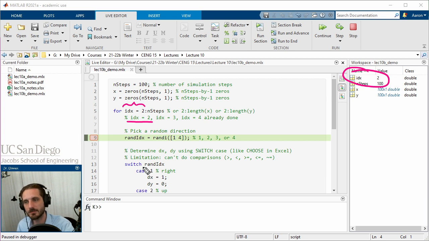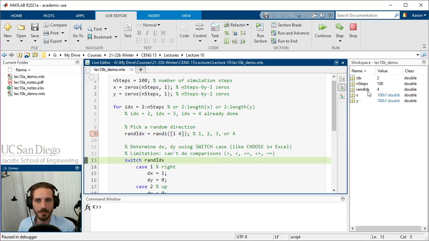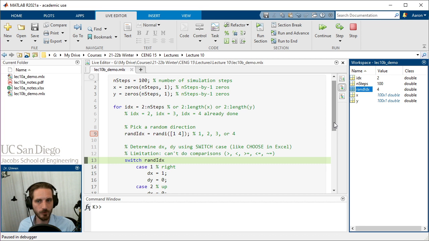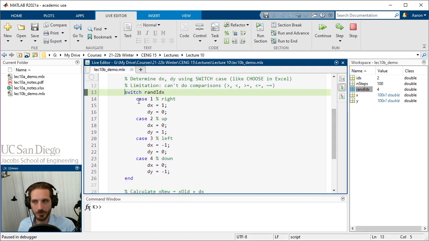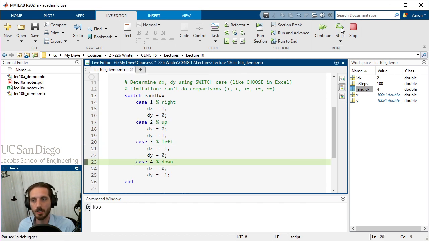And with this debugger enabled, we can now step through and watch each step of our calculation. So if I click step here, I get a random number, and we got a 4. And we can see now how the switch case handles the 4. The first thing that it's going to do is say, is this case 1? No, because it's not a 1, so it skips over that one. Is it case 2? No, skip over that one. Case 3, no. Case 4,